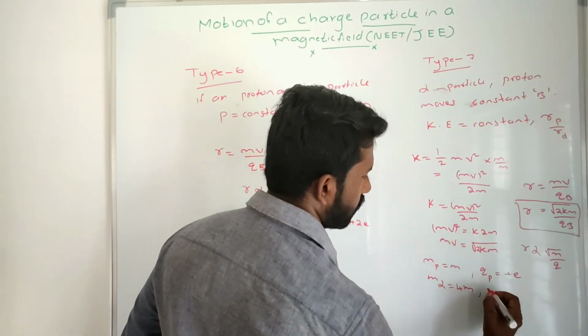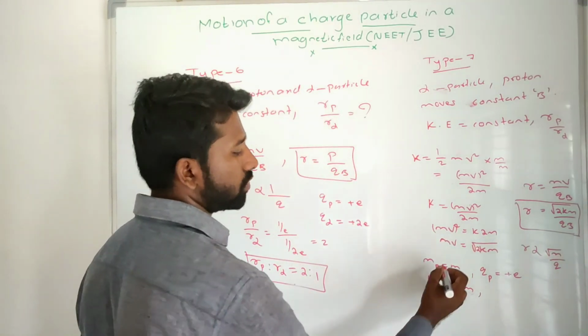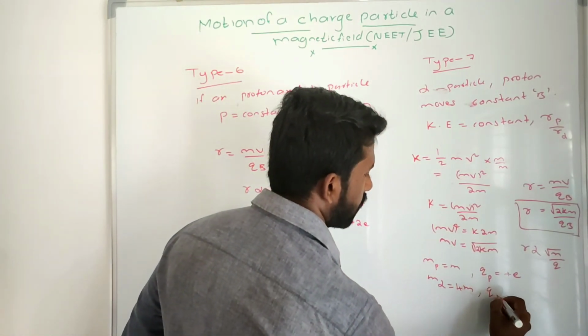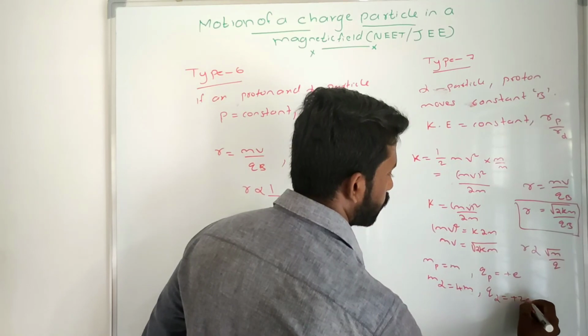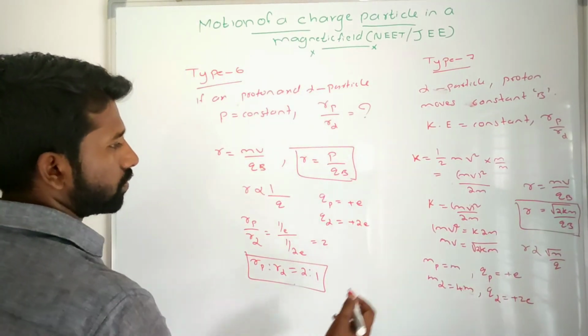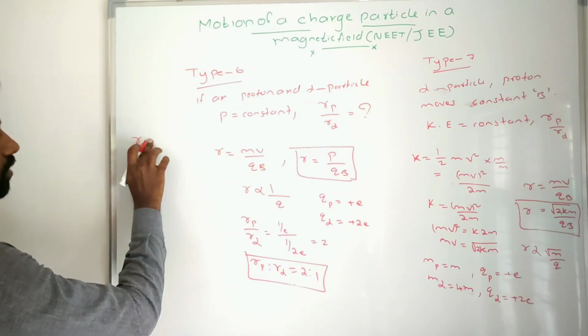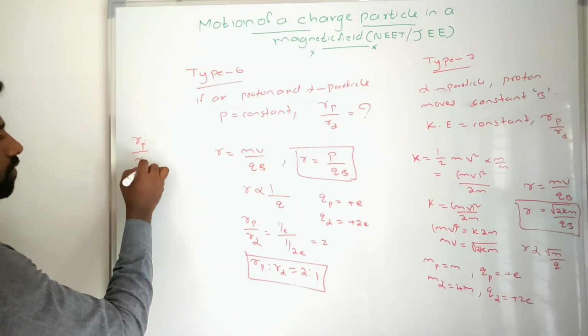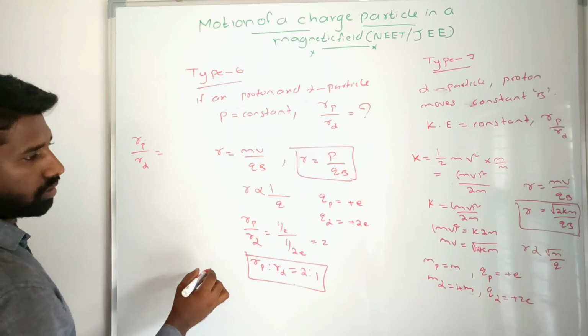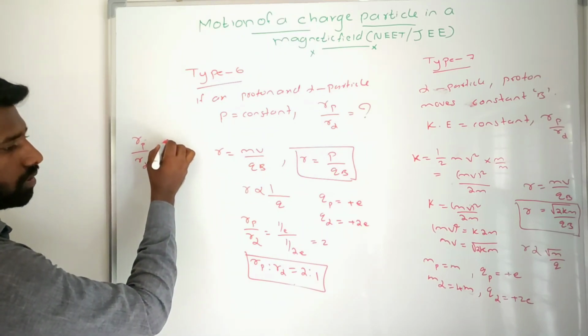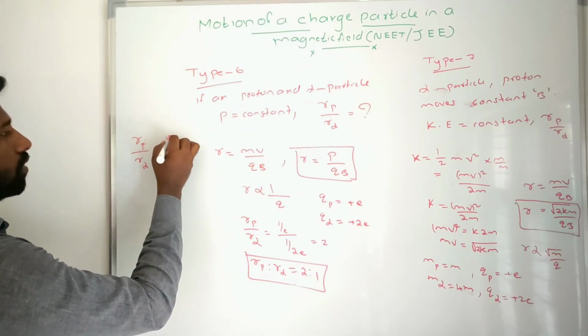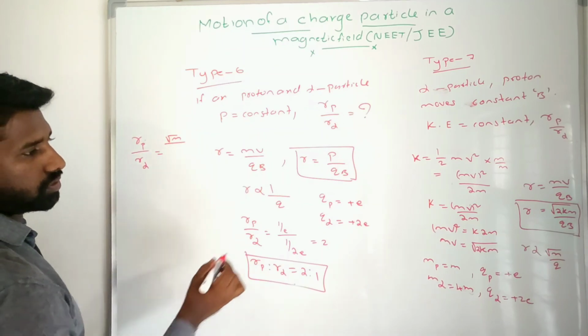Okay, then I have already taken one nucleon, mass is m. Next, the charge of the alpha particle is plus 2e. Now I will substitute that. So what I will get is Rp divided by R alpha is equal to square root of m divided by the charge of the proton,